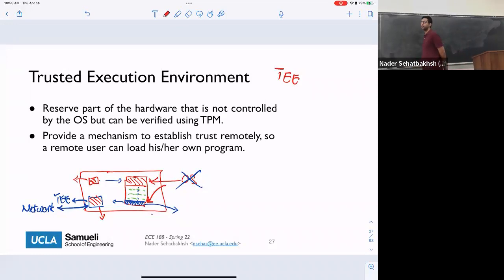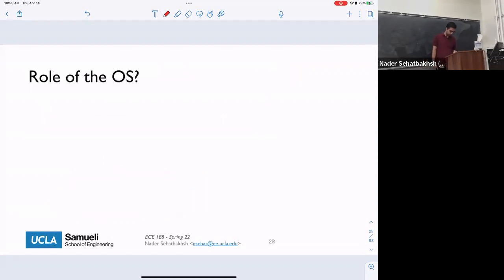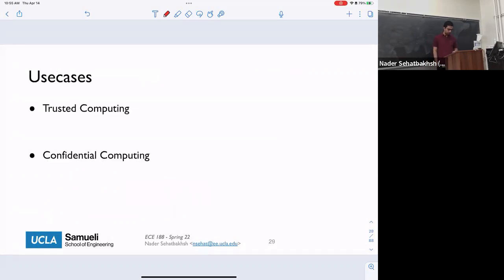Does the T also guarantee the OS is not being corrupted on the startup, like TPM? Yeah, it does. Actually, there is a mechanism for doing that. I'll talk about it. We're good? Okay, so let's go through the details to answer some of these questions.